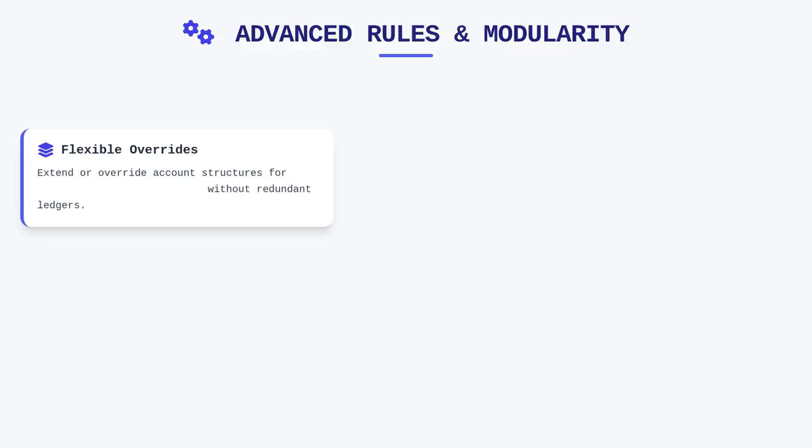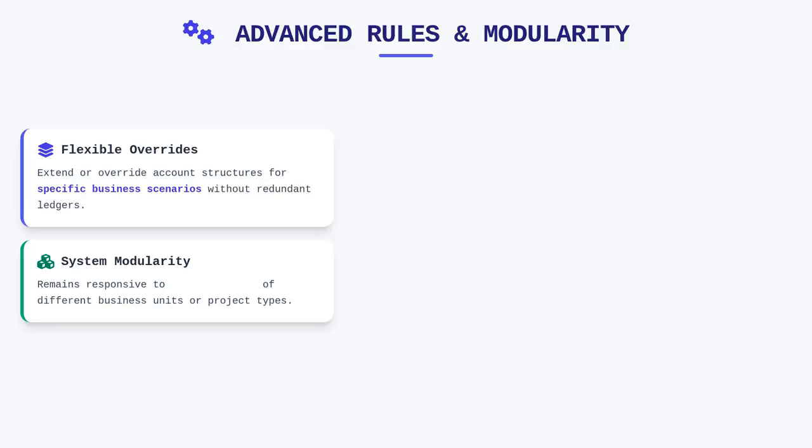These definitions rely heavily on the concept of advanced rules, which provide the flexibility to override or extend account structures for specific business scenarios. For instance, if a particular project requires a different set of dimensions than your standard operating expenses, an advanced rule allows you to layer those requirements on top of the base structure without building a redundant primary ledger. This modularity ensures that the system remains responsive to the unique demands of different business units or project